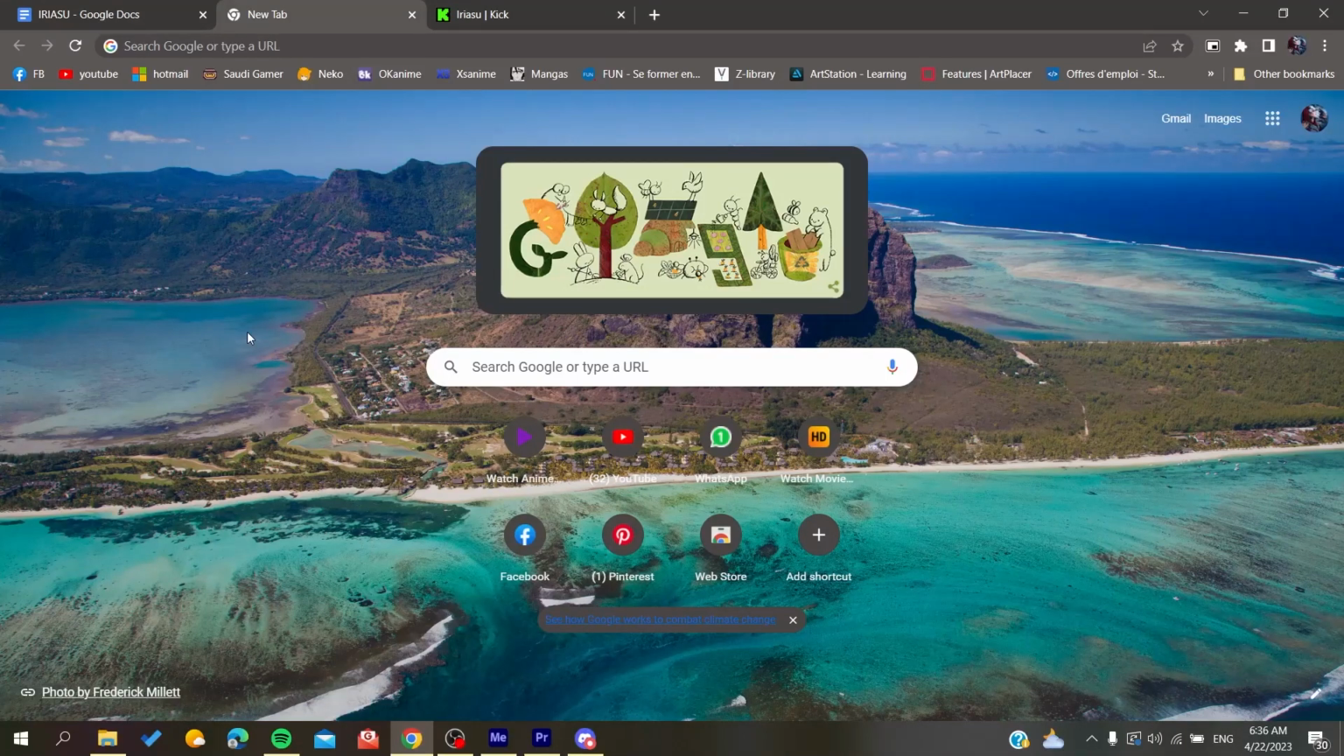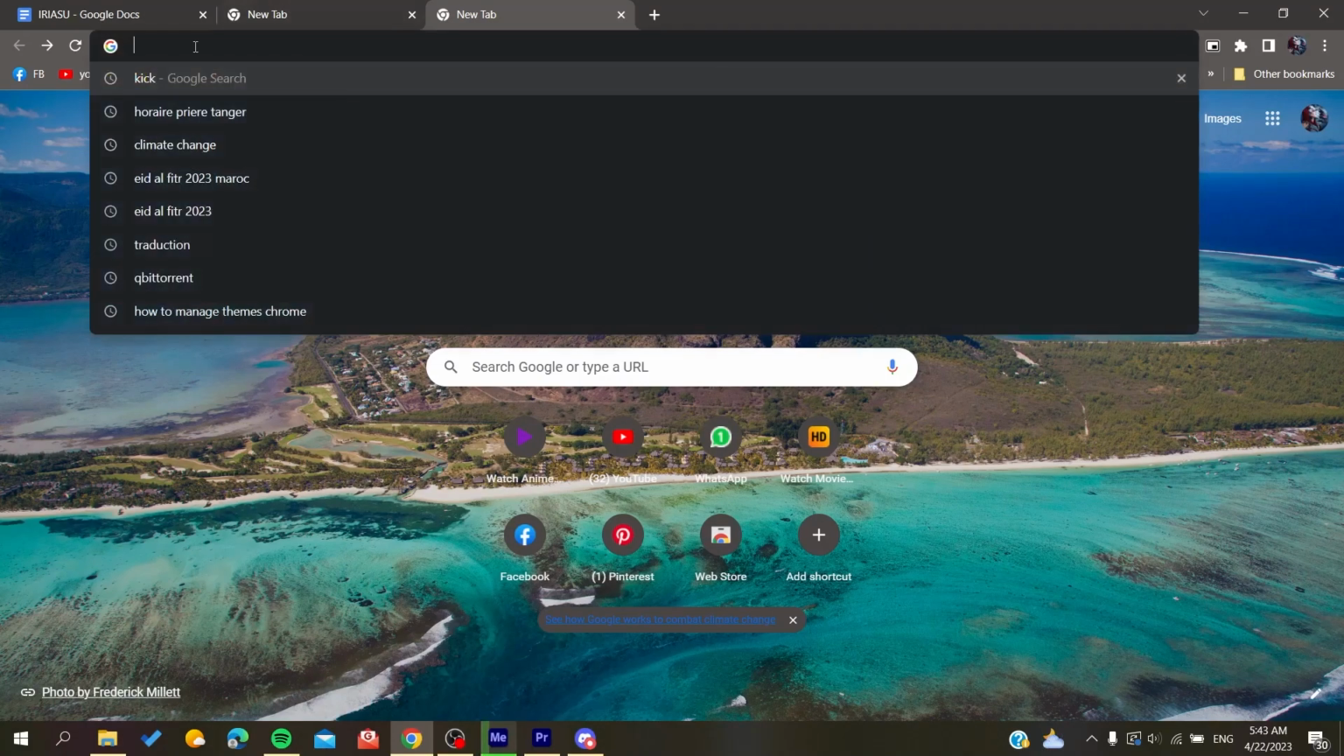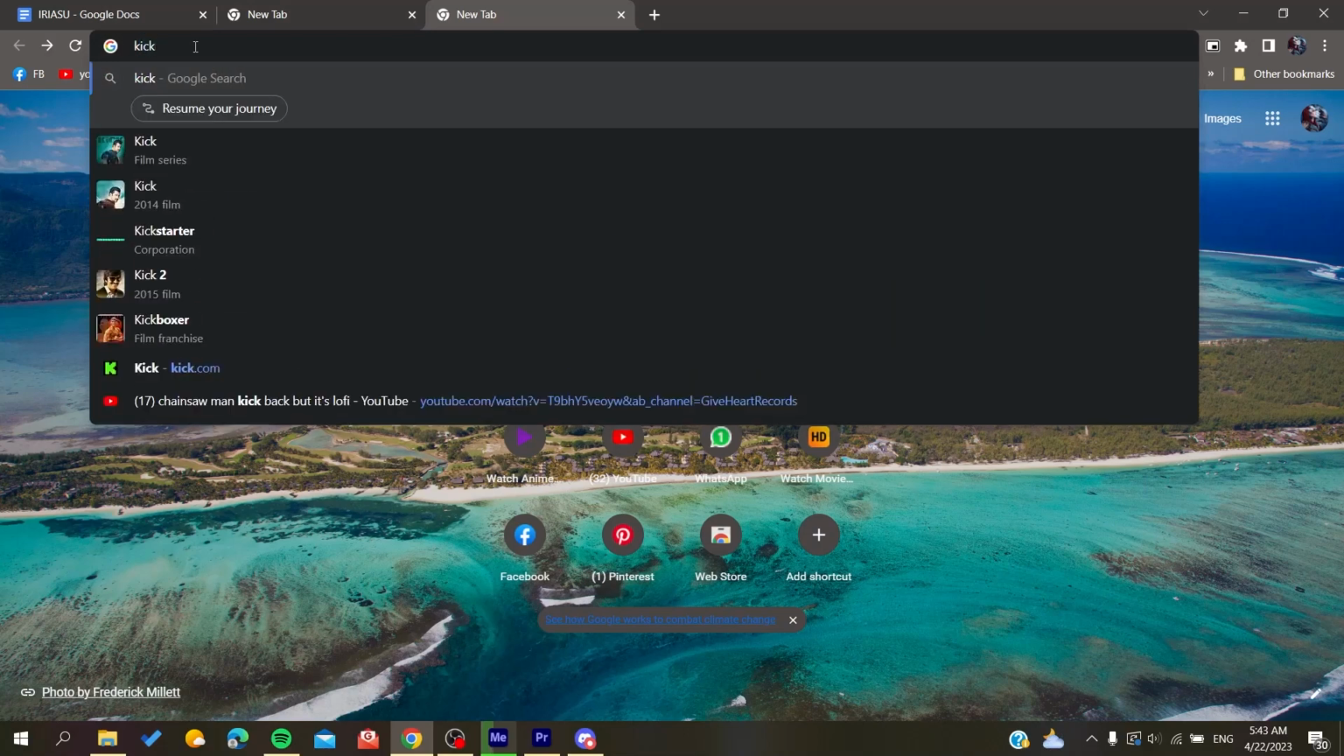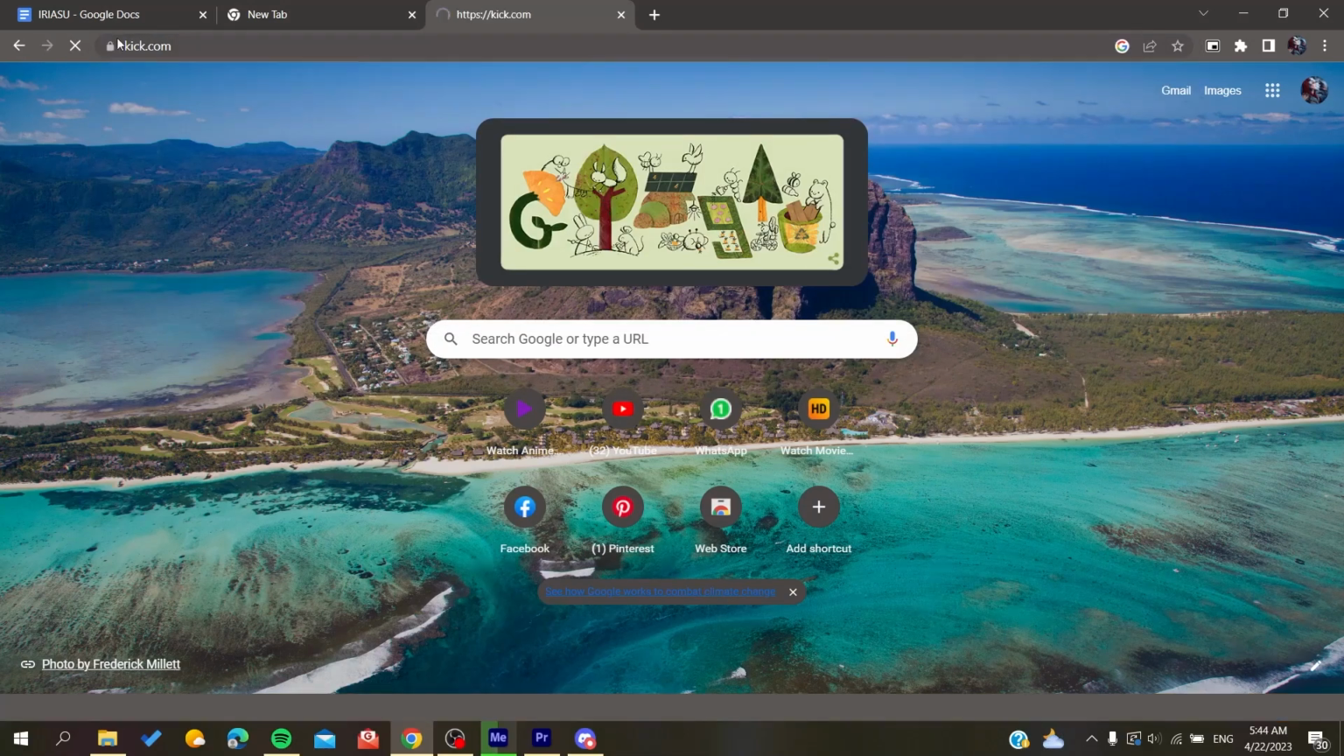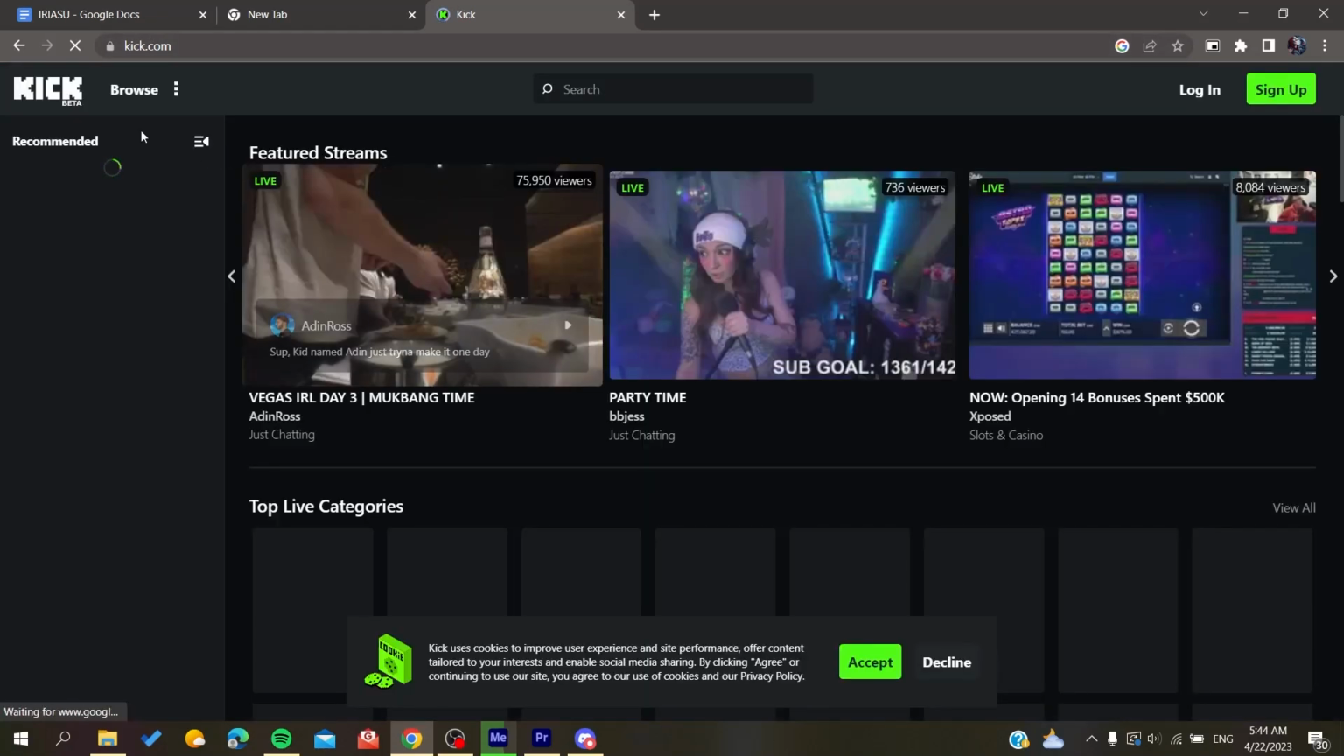In today's tutorial, I'm going to show you how to contact the support on the Kik website. So now, all you need to do is to open your web browser, either Google Chrome, Mozilla Firefox, Microsoft Edge, Opera or any web browser. After that, you will need to search for Kik.com. So we search for it, Kik.com, and now it will give us access to the